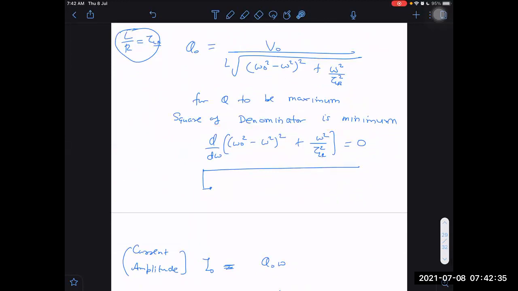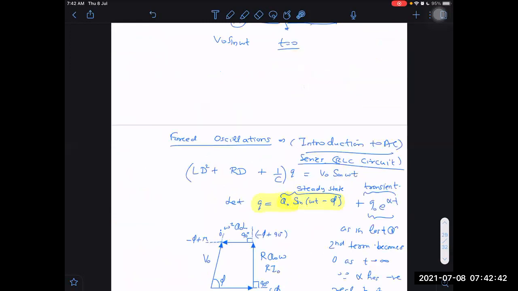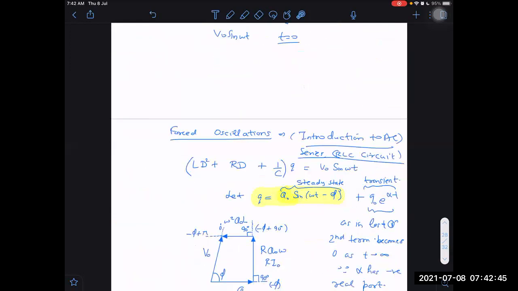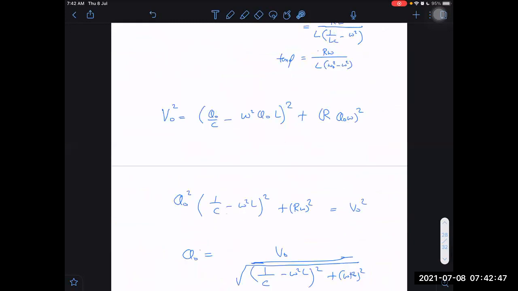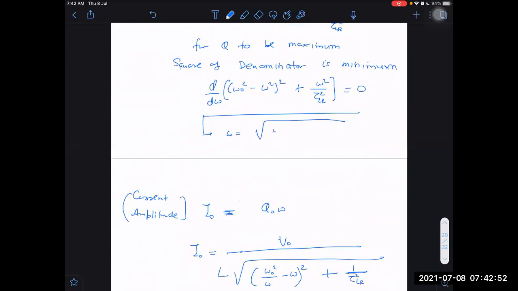And here, this part I have left for you. Just get the answer for this, what it is. You will find out now. Sir, omega is equal to root over omega naught square minus 1/2 tau LR square, or time constant of LR circuit square. Okay, I think it is right. I remember something like it only. These two terms appear here. It is right only, it seems. Okay, fine. So this is done.